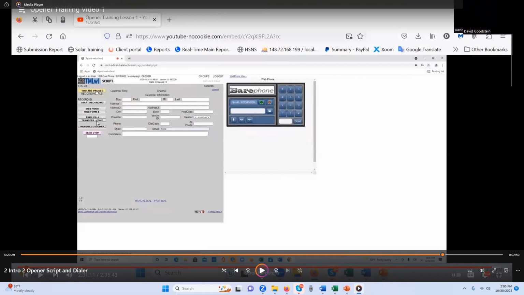All right. Now, as for closers, your information is going to populate in these fields. Now, there's a good chance that the information is going to be correct. However, you have a 35% chance that it